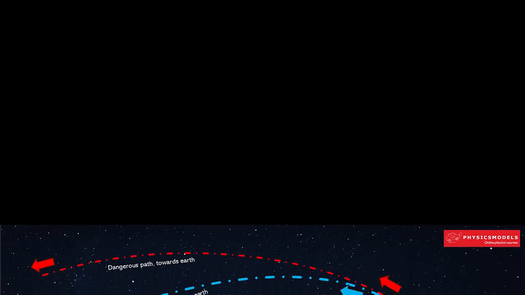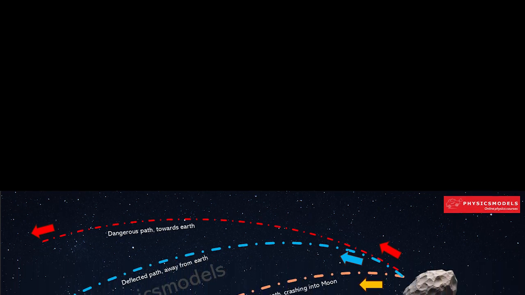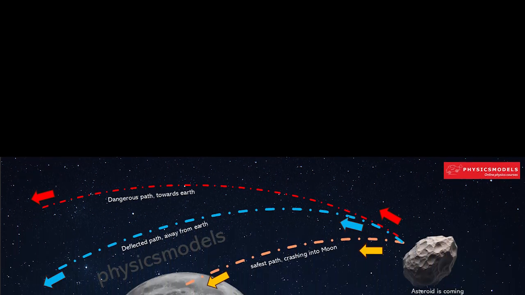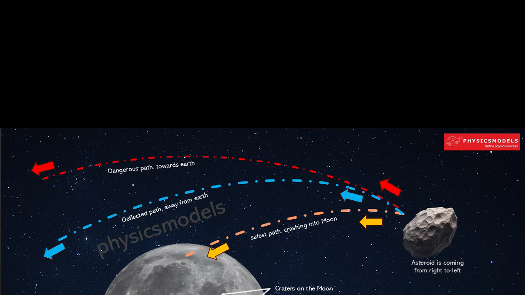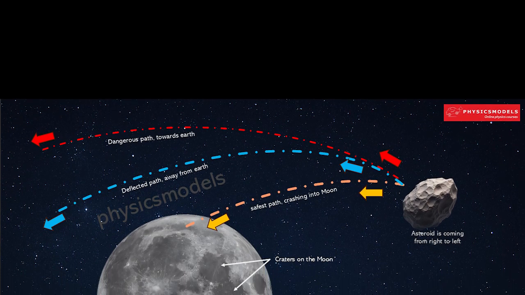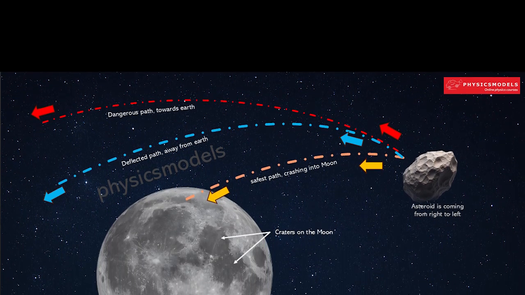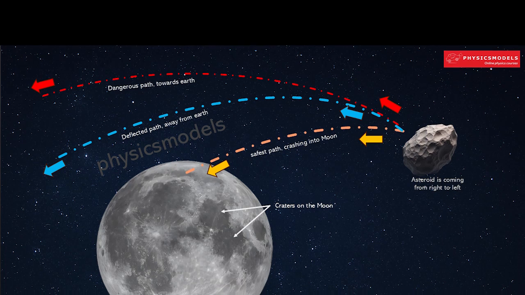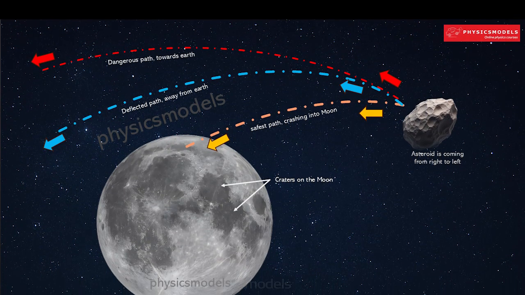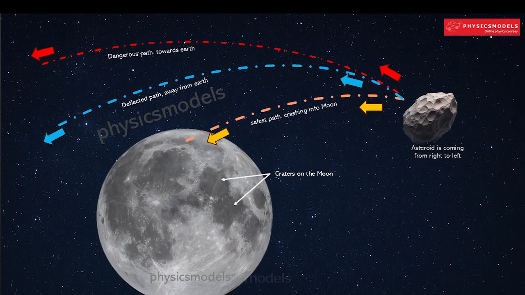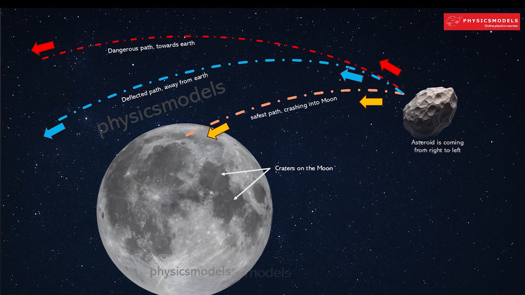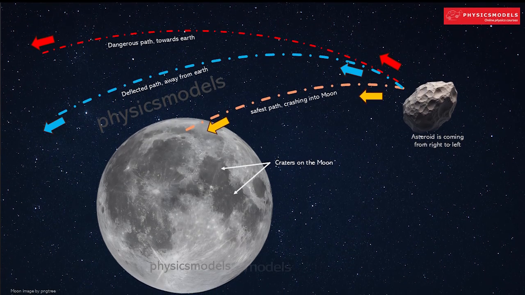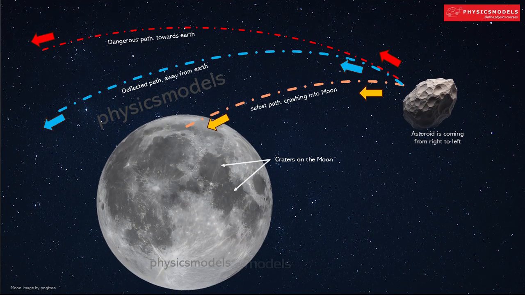Here I want to show you a very important diagram where the asteroid can follow three different trajectories. If it goes along that red dotted line, it will crash onto the Earth and maybe burn during the entry into the Earth's atmosphere. If it goes along that blue trajectory, it will miss the Earth, and that would be